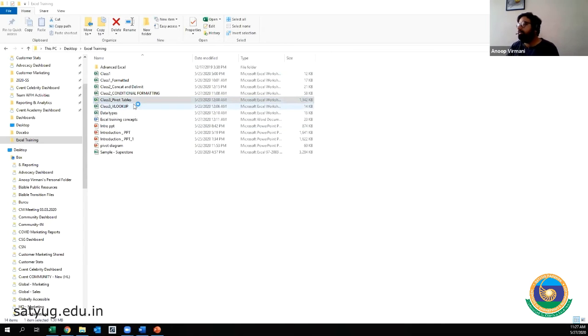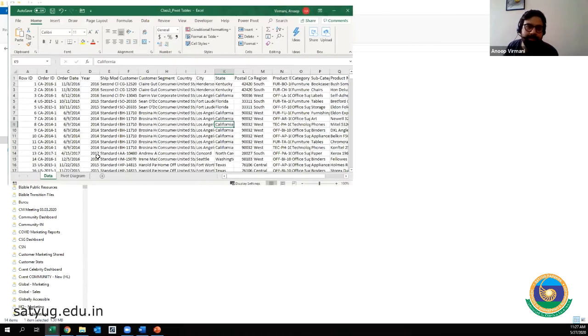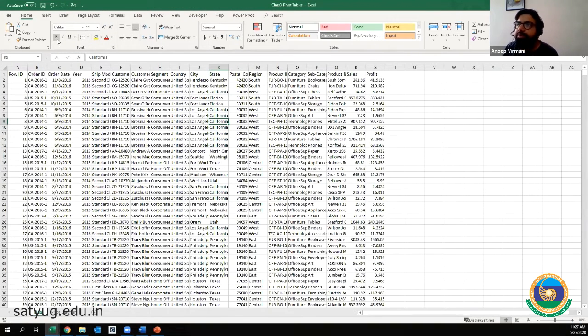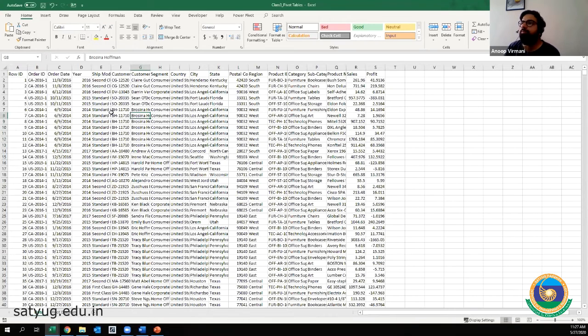So let us go to one amazing feature that Excel has. As I told you yesterday also, to read a little bit about pivot tables. So what is basically a pivot table? Just bear with me for the next 5 minutes and you will understand it totally. I have this data with me, right? This data has some of the details.